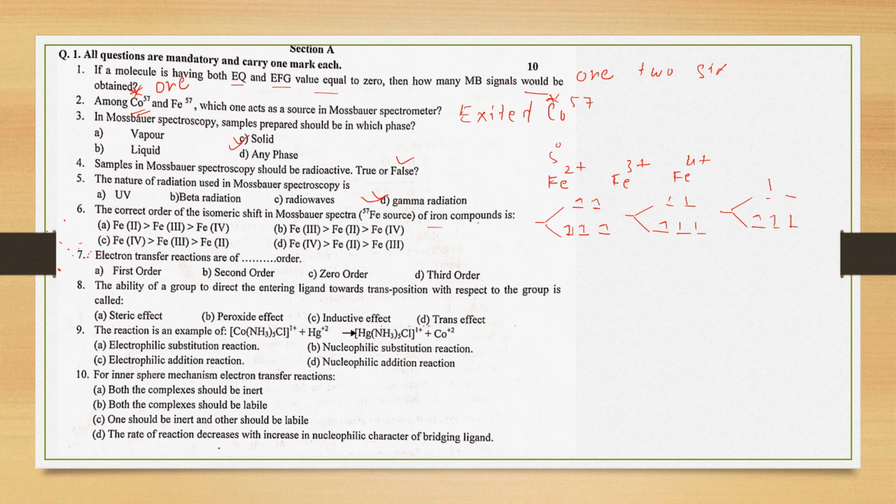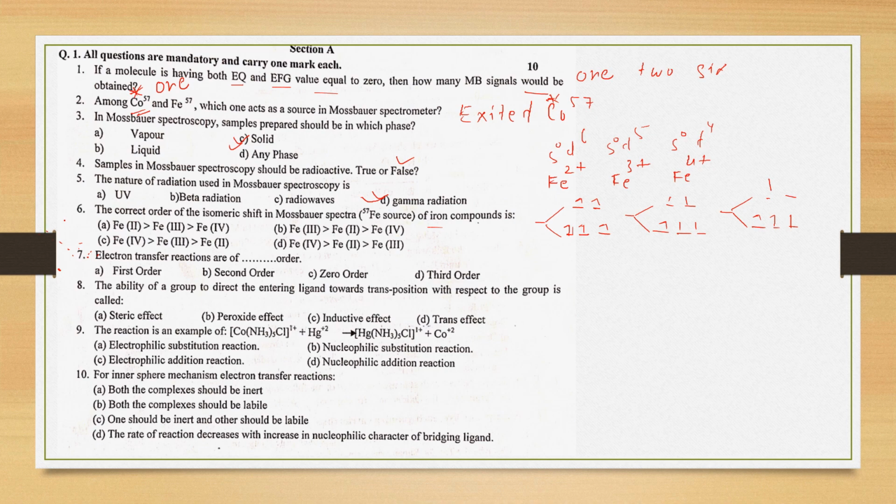s0, s0 and s0, d4, d5 and d6. Okay, and we know that the formula for calculating or finding the isomer shift value is